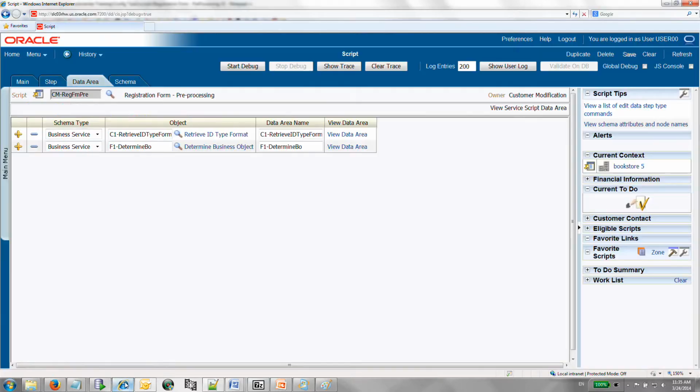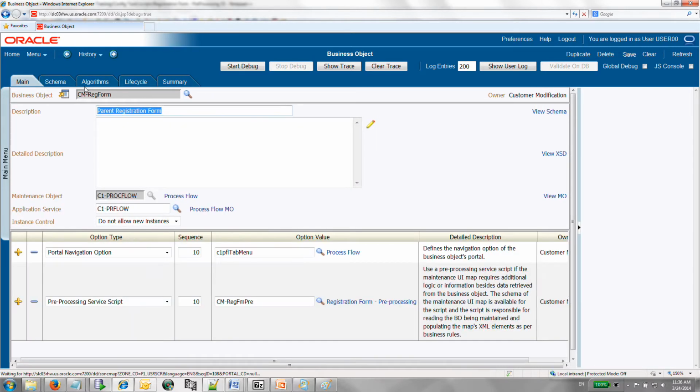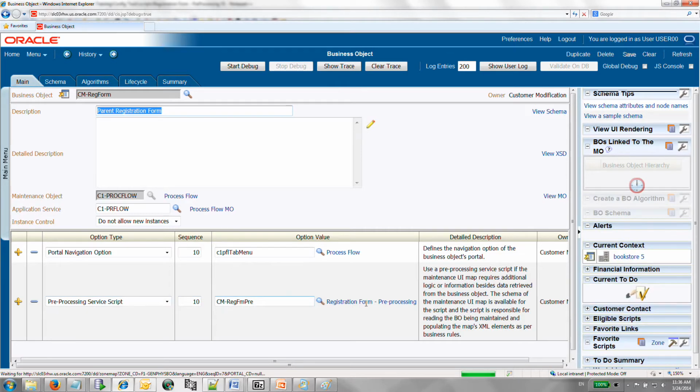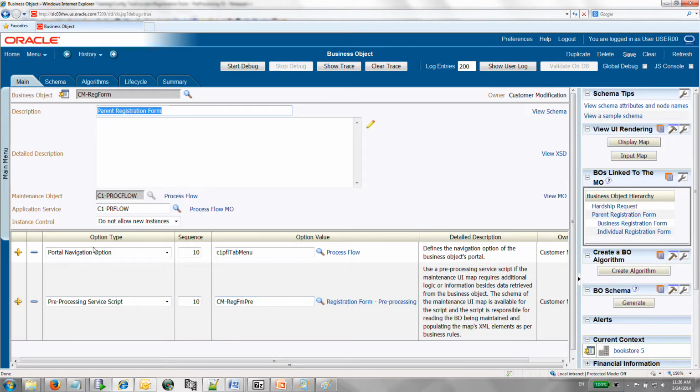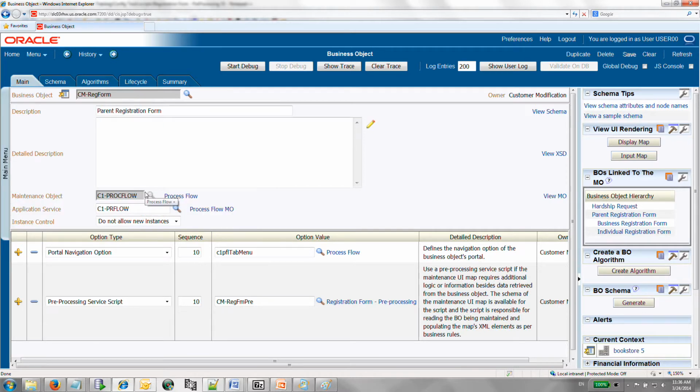So how does that reflect on the look of the registration form? Well, let's have a look. So let's just go back to our business object. So we have this pre-processing service script pointing to the script that we just saw. If I now go to process flow again,